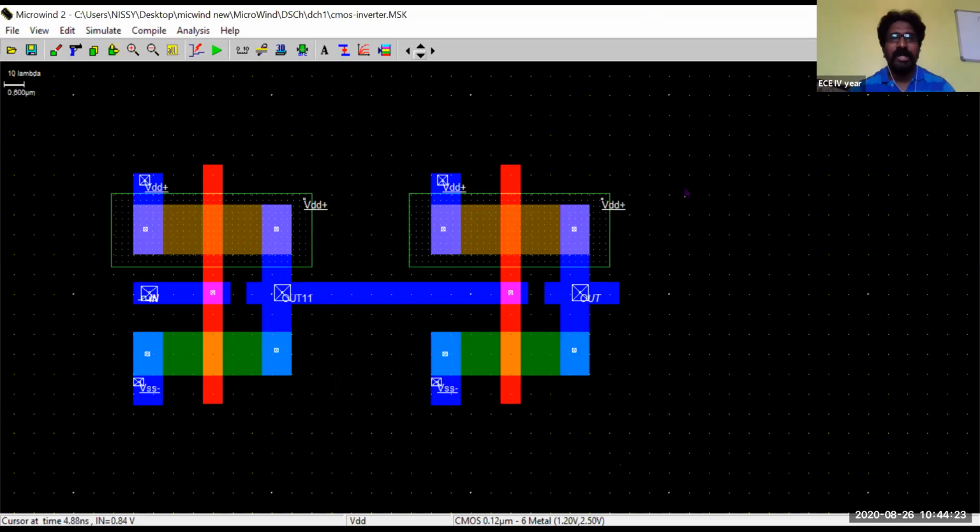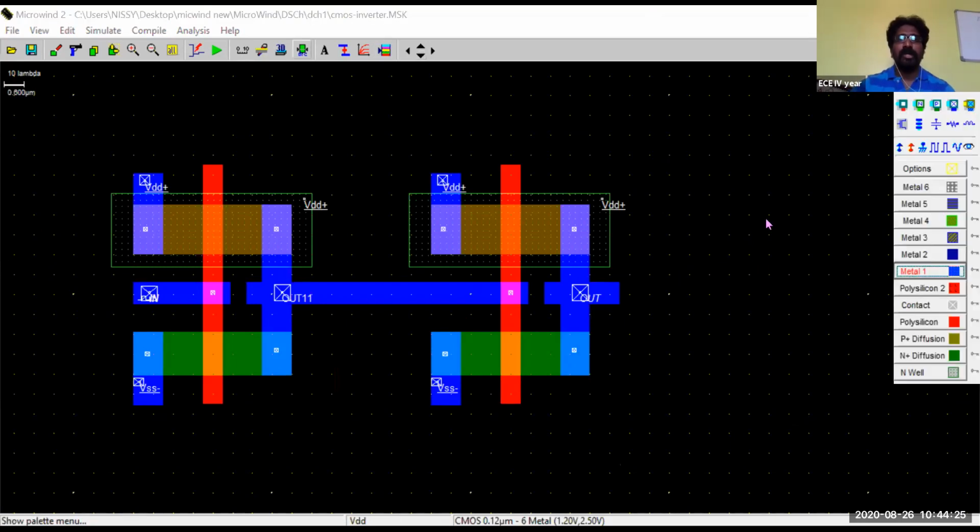Mostly the same rules will be used in order to design layouts for any kind of EDA tools. For any kind of EDA tools, the rules will be the same, but somewhere some of the points might be added or might not be there. Some of the points might be reduced, but almost the designing part will be the same. So this is how your layout looks either for the CMOS inverter or CMOS buffer. I hope you all have understood how to draw the layouts.